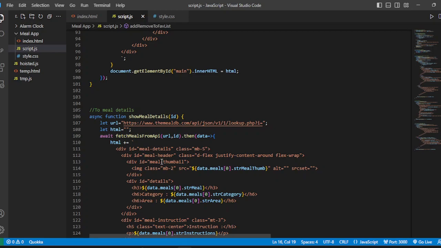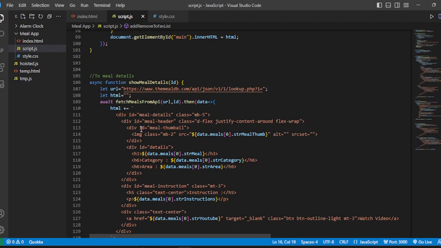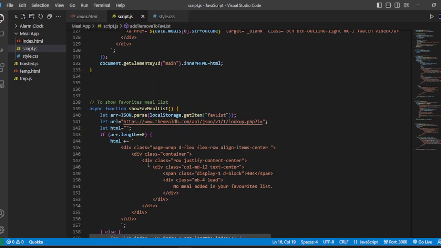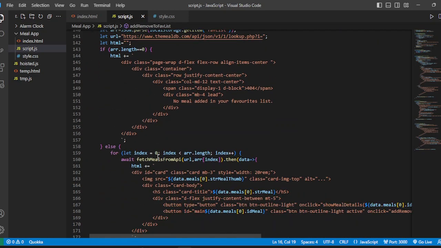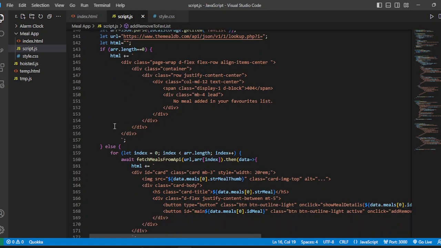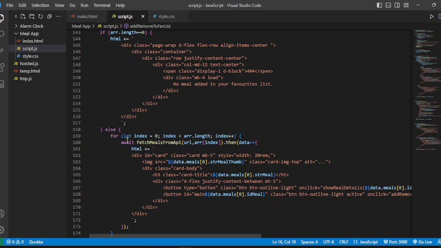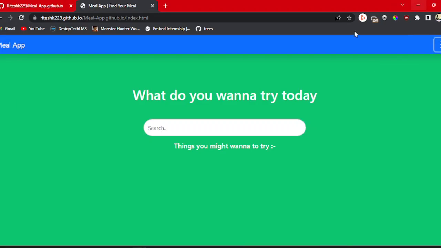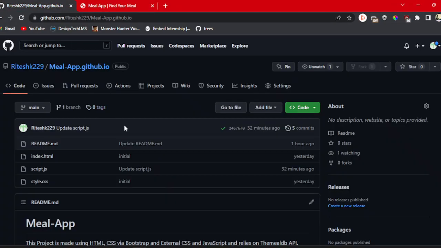As soon as you click the show more detail button, it will show you a different div where the image and the details about that meal are presented. And this function is used to show your favorite meals in the sidebar. If there's nothing in the list, we'll show this. And as we are adding meals, it will use this line of code to show what we have added there. So if you want to check that code yourself,